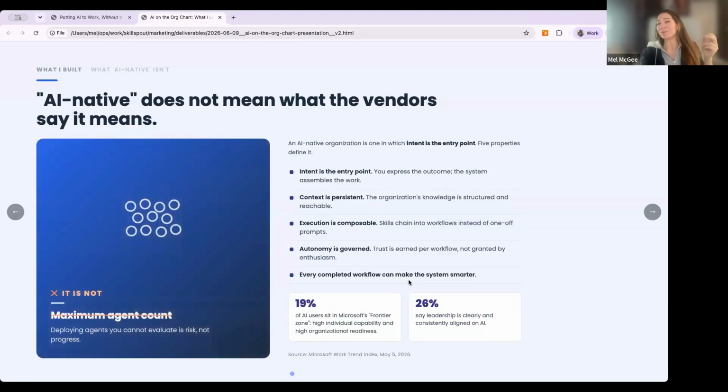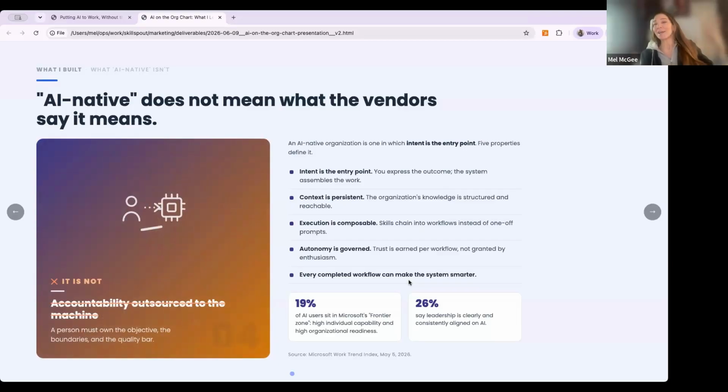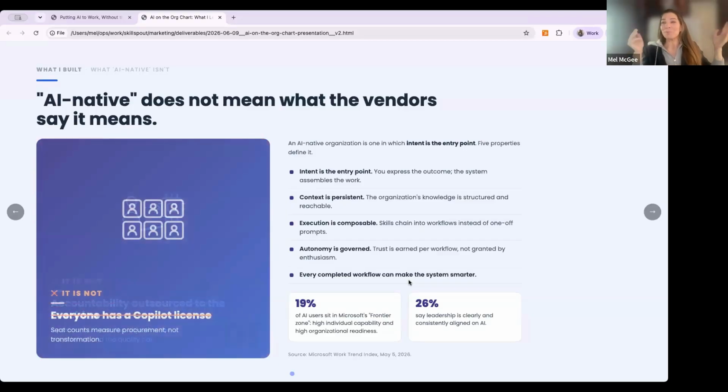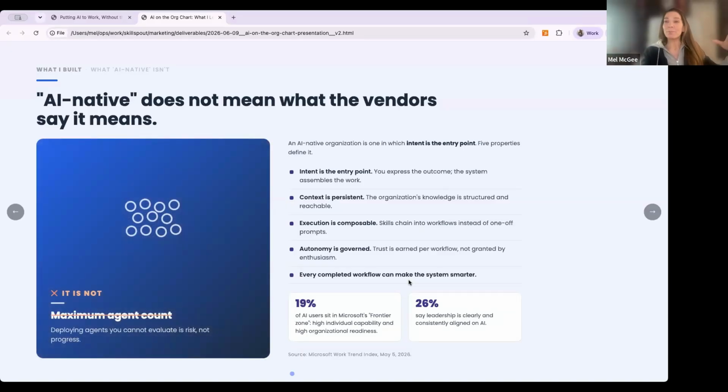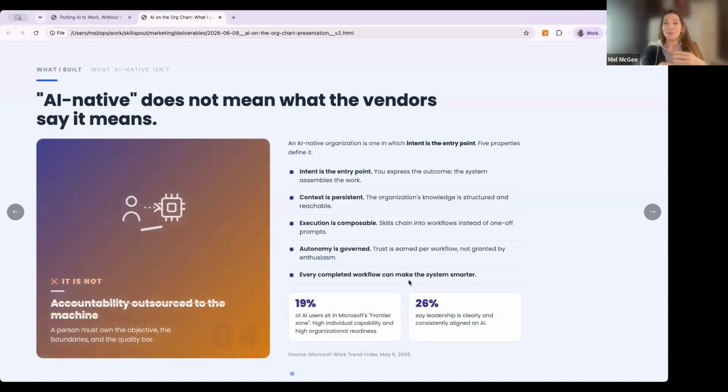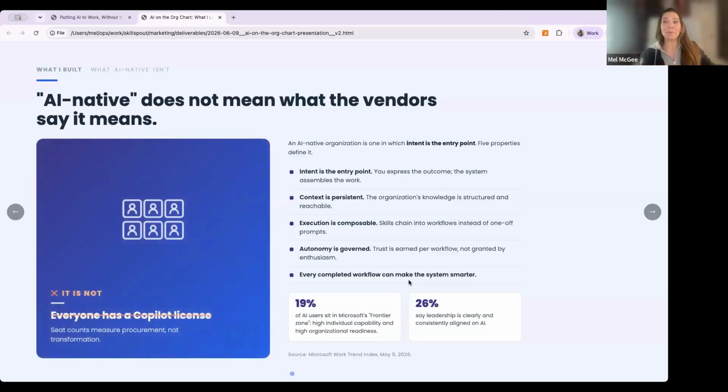A PDF proposal, I'm just making this up, is preferred versus a Word document. I'm totally making that up, but you understand how there might be nuances that you didn't realize before that you can put back into your agentic system to help make your company run better.